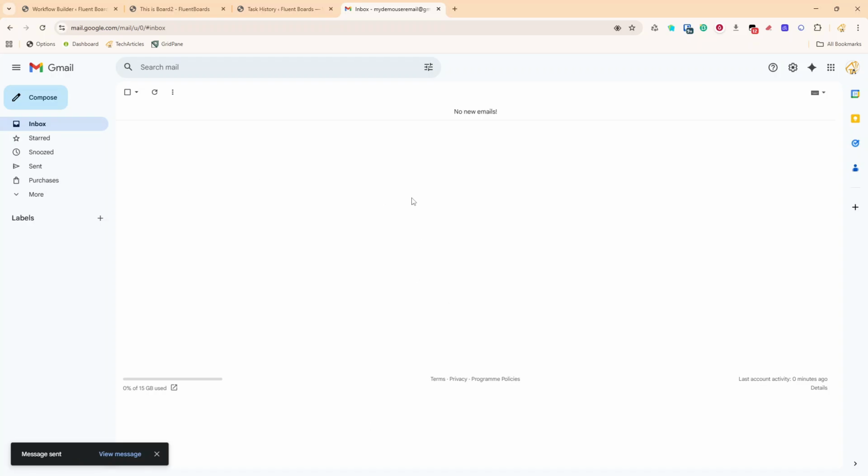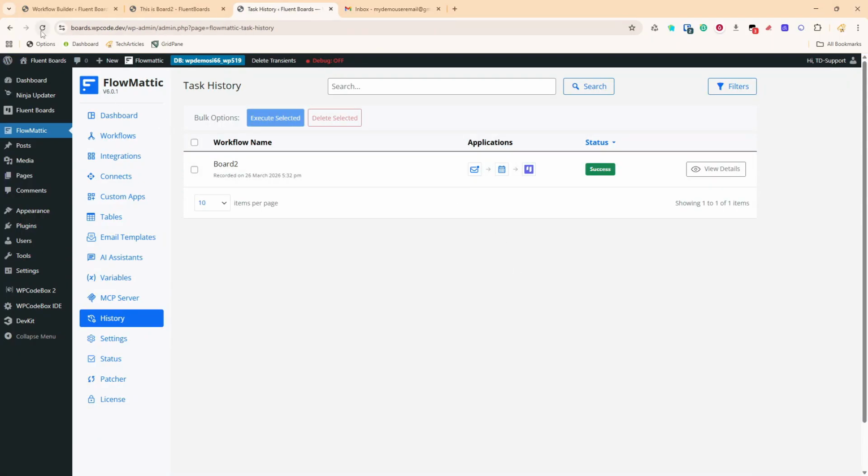That should now be sent over. And what will happen now is, behind the scenes, our check will happen in 2 minutes. Our cron will run, I think, about every 3 minutes on the site. So sometime in the next 5 minutes, we will get a tag for this board, and we will get our second execution. So what I'm going to do is I'm going to delete this,